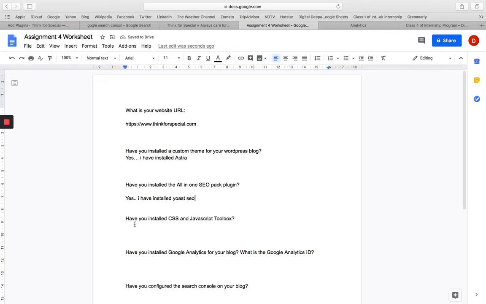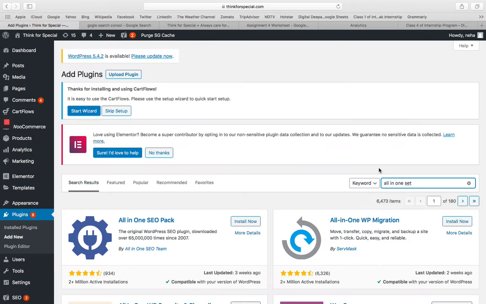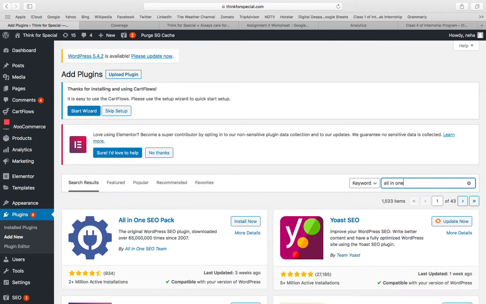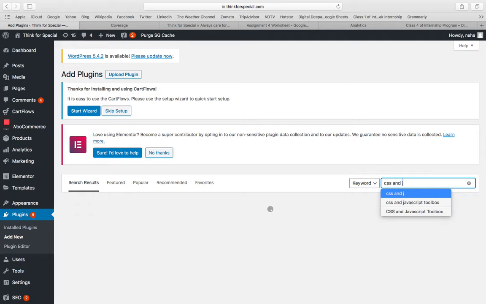Now the next one is, have you installed CSS and JavaScript toolbox? This is again a plugin. For this also we need to go back to our dashboard, and here we will search for CSS and JavaScript toolbox. Now type here CSS and JavaScript toolbox.